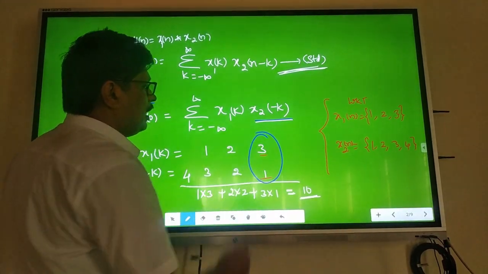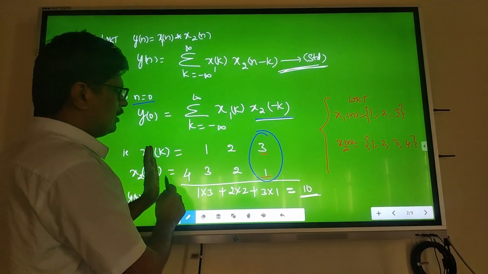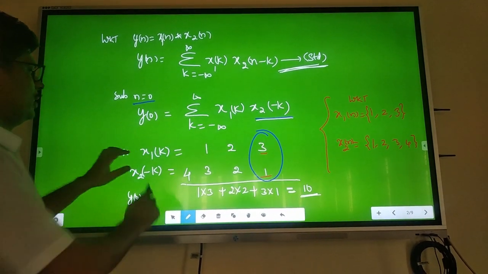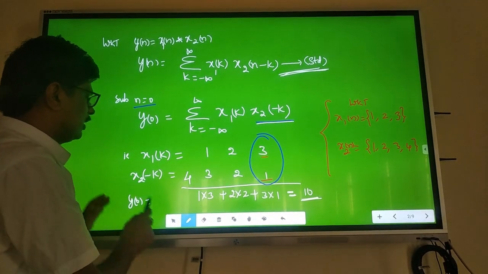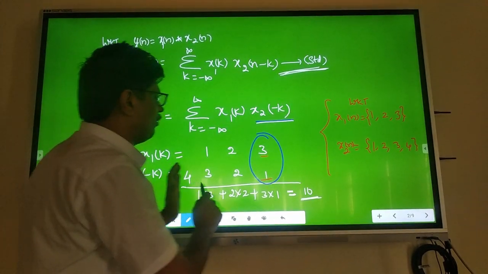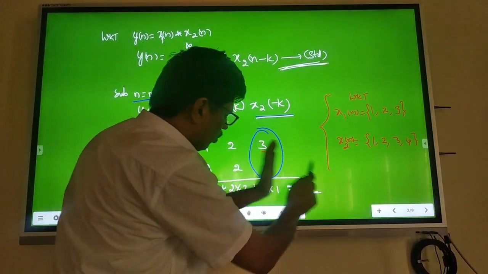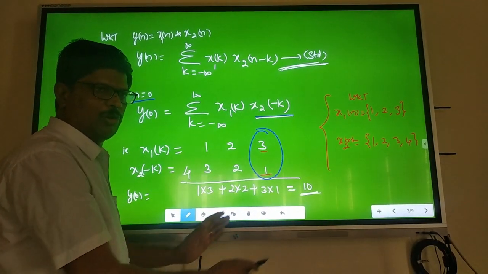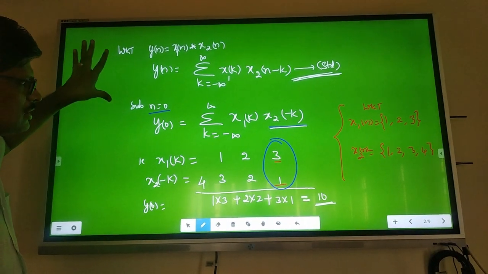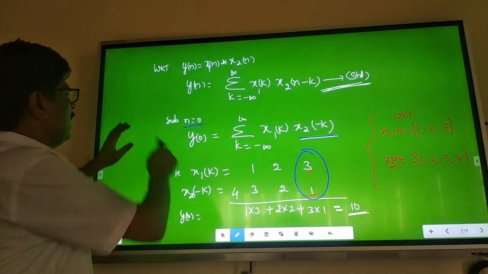Write it such that the last bits match in parallel, and start here. Each time keep your input as it is, 1, 2, 3. Each time you move this one to the right by 1: x2 of 1 minus k, then y0, y1, then y2 with n minus k, one more, like that, like your graphical method. If you analyze the last sessions, in the graphical method I did the same thing.